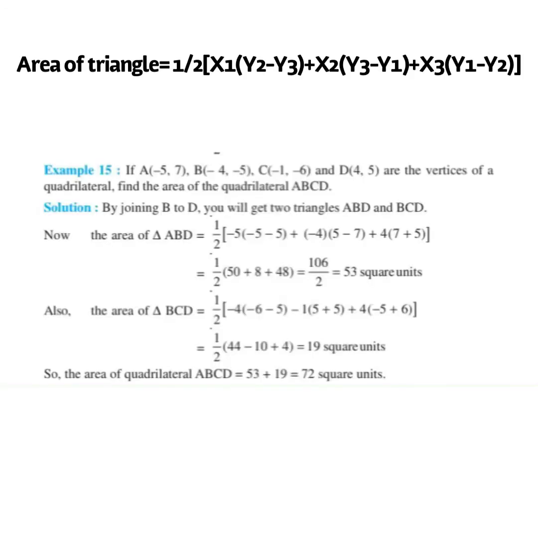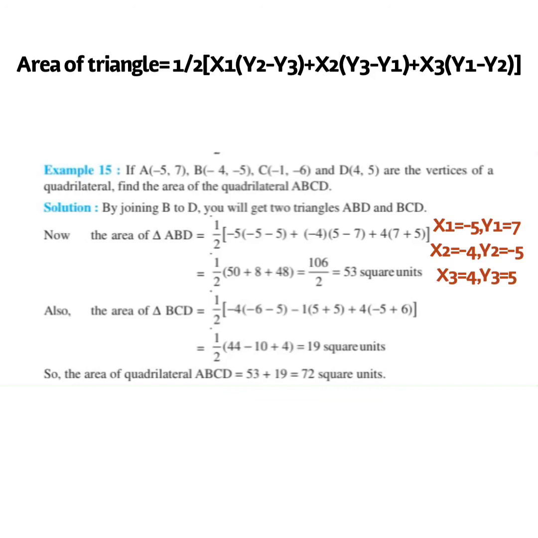So students, first of all we will find the area of triangle ABD. When we consider points A, B and D, x1 is equal to minus 5, y1 is equal to 7, x2 is equal to minus 4, y2 is equal to minus 5, and x3 is equal to 4 and y3 is equal to 5. Now substituting the values in the formula of the area of a triangle, that is half into x1 into (y2 minus y3) plus x2 into (y3 minus y1) plus x3 into (y1 minus y2), we get